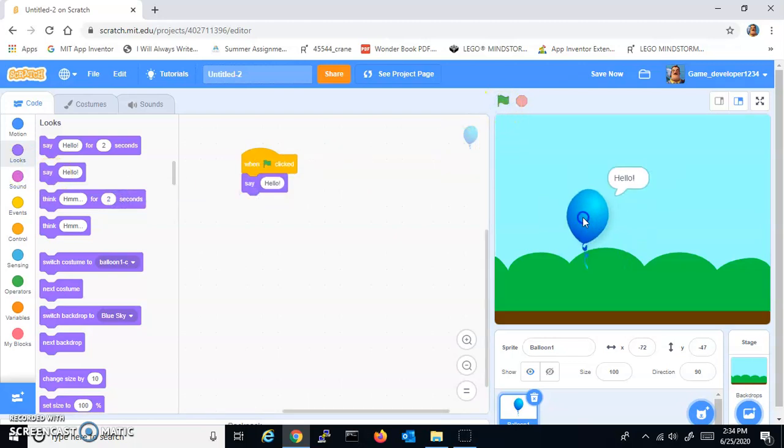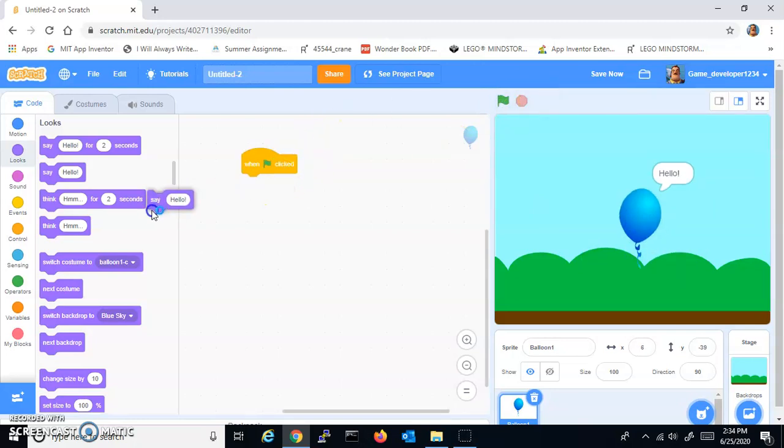And then there's say hello, which just says hello for the whole project. It's not for a certain amount of time. And then a think block is like those bubbles instead of actually saying it. So think,